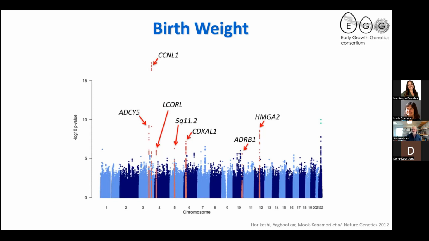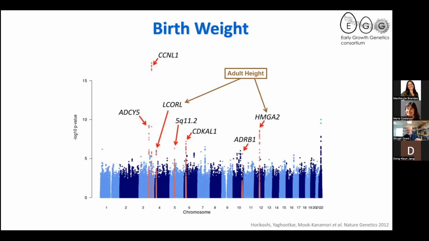What was particularly interesting about this GWAS was that it found loci that were familiar to us GWAS geeks already, in that they had already come up in adult diseases. These were type 2 diabetes loci. This one's an adult blood pressure locus. These two are adult height loci, but they came up in birth weight. And so the idea is that perhaps these adult traits are actually secondary traits to the actual primary trait, which is much earlier in life, i.e. birth weight in this case.